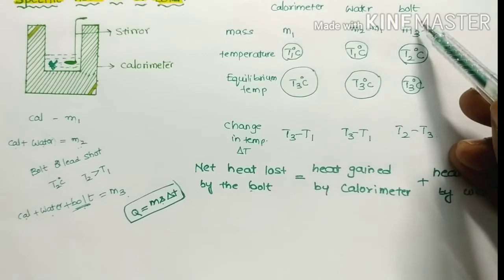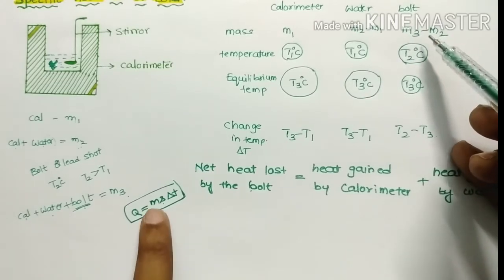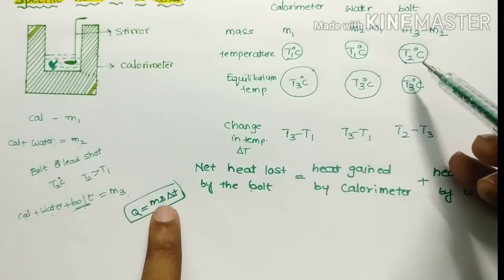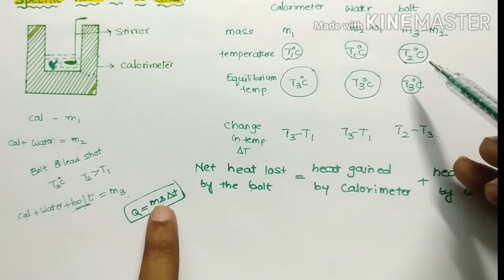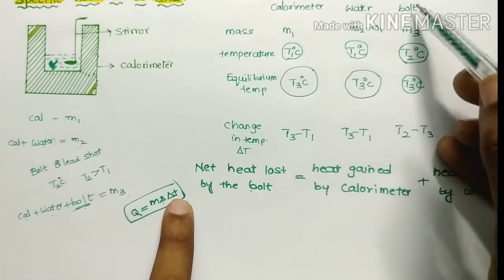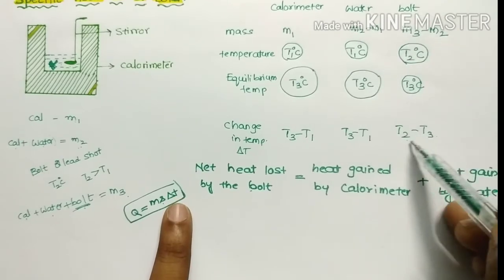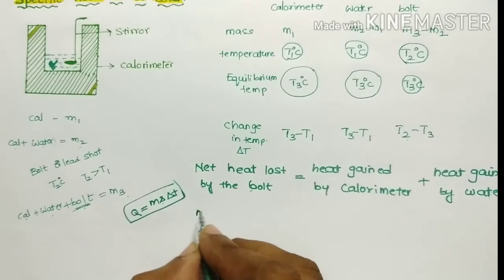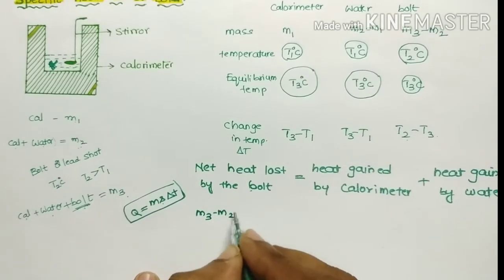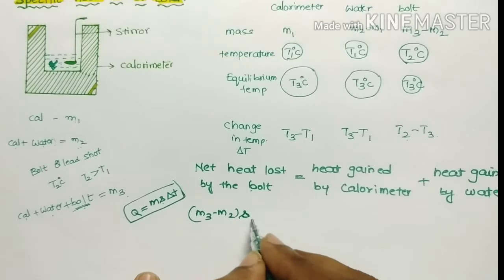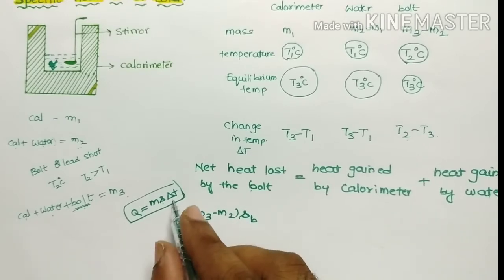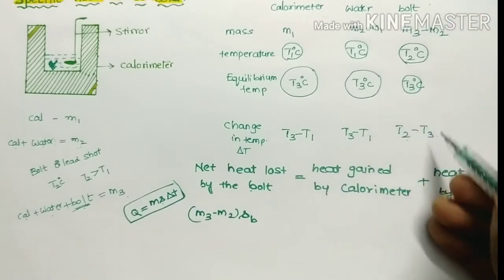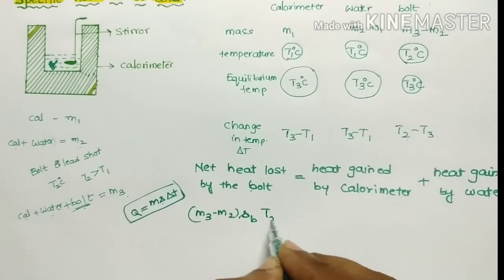In this column is the mass of the bolt, and the specific heat of the bolt is the quantity we have to measure. The change in temperature of the bolt is T2 minus T3. So m means mass of the bolt, M3 minus M2, s means specific heat of the bolt, SB, and delta T means change in temperature of the bolt, that is T2 minus T3,